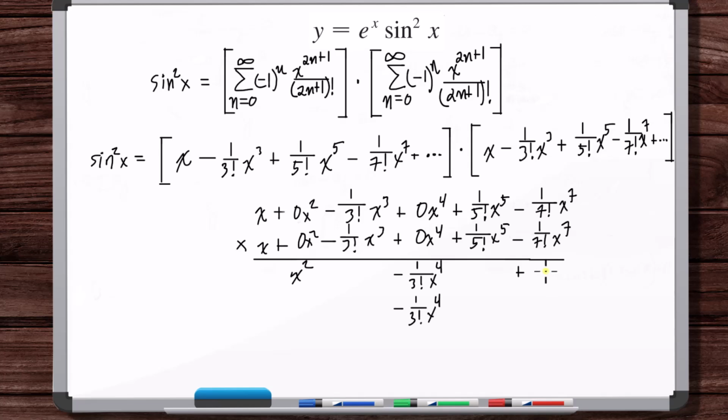So, okay. Wait, no, that's not right. Hold on. We did x times x squared, and then we multiplied this, then this. This was x to the fifth. Now, x times 1 over 5 factorial x to the fifth is going to be an x to the sixth term, and I forgot to put